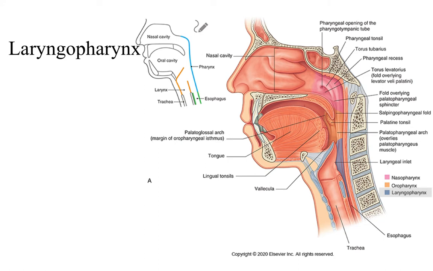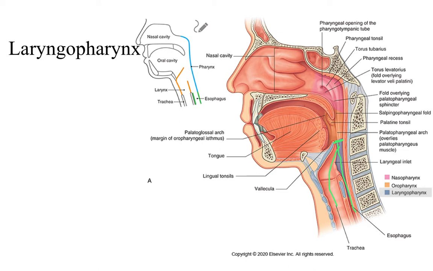Lastly, we have the laryngopharynx, and that's this area in purple right here. And notice that it ends at the inferior border of the oropharynx, at the level at which the epiglottis is when it's in open position. So in the open position, the laryngeal pharynx is continuous with both the esophagus as well as the larynx. All right, so on the next couple slides, we're going to talk about specific structures associated with the laryngeal pharynx